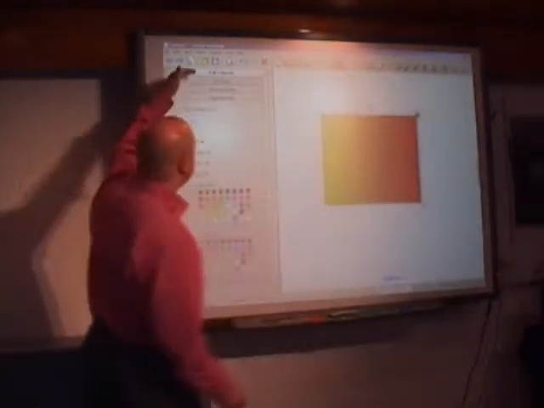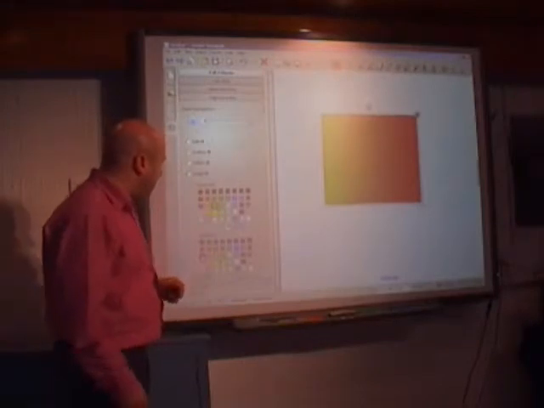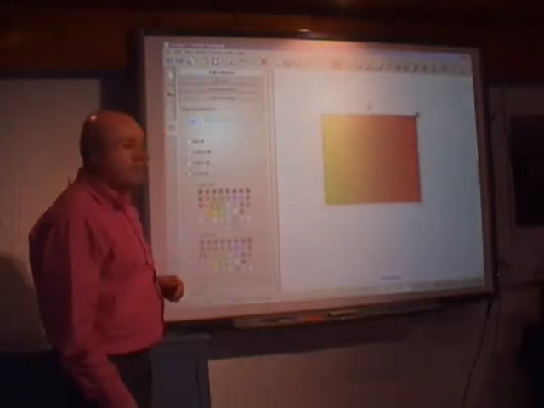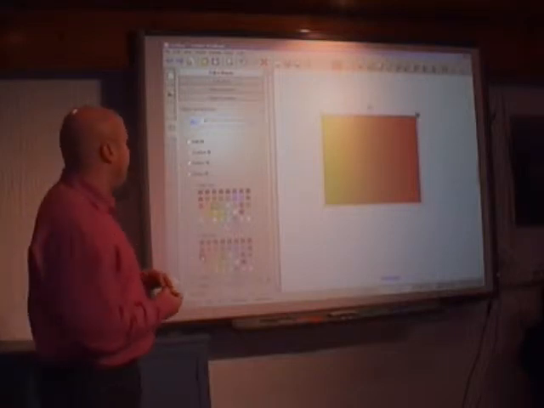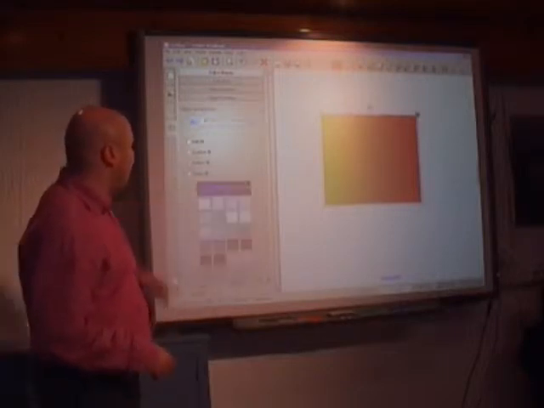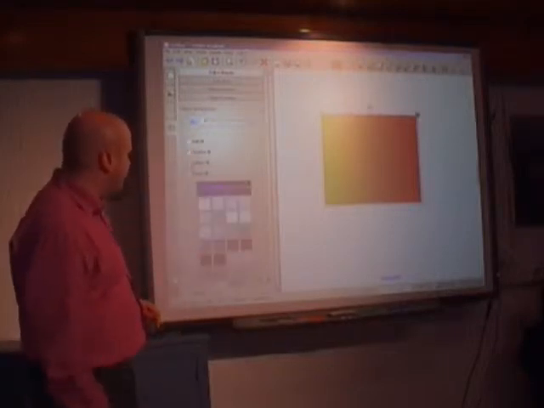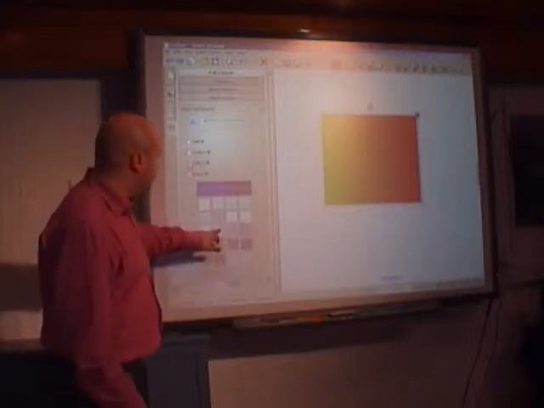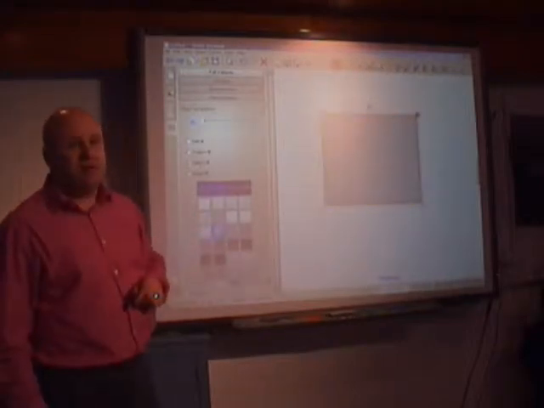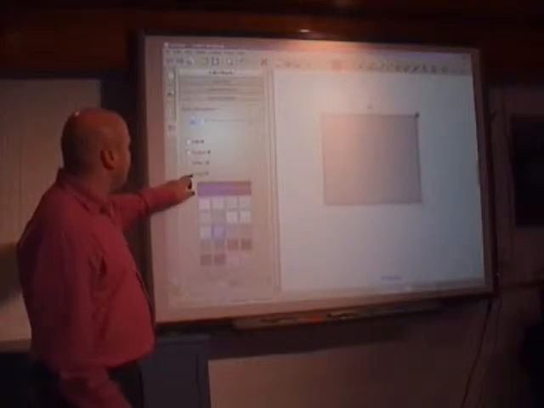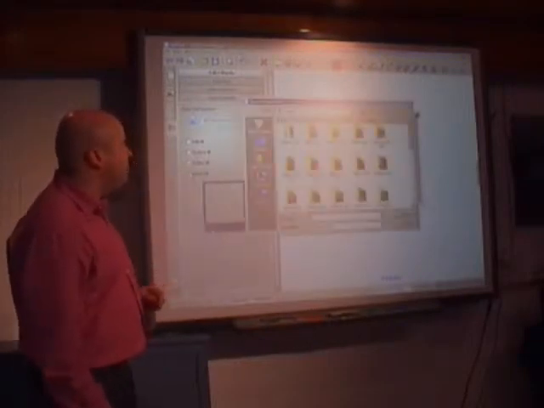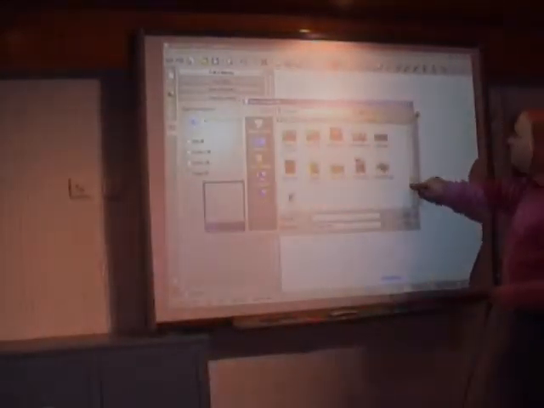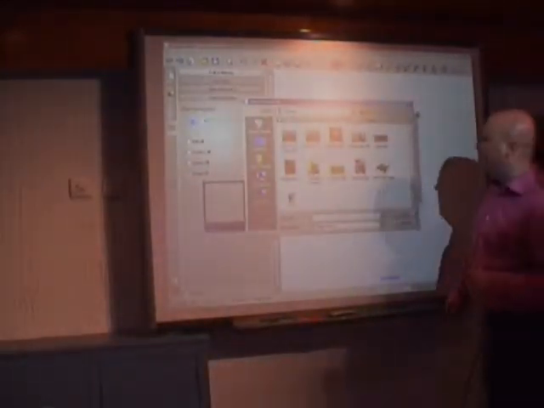And you'll see that the fill effects is a little bit more in terms of fill effects that's accessible to me, that wasn't necessarily accessible to me when I was playing with the line. We could do a pattern fill, the selection of patterns that you can use, so I might want to change to a grainy pattern like that. But also I have an image fill, and what image fill does for me is allow me to pause my computer and select an image. So I'm going to choose, let's choose,